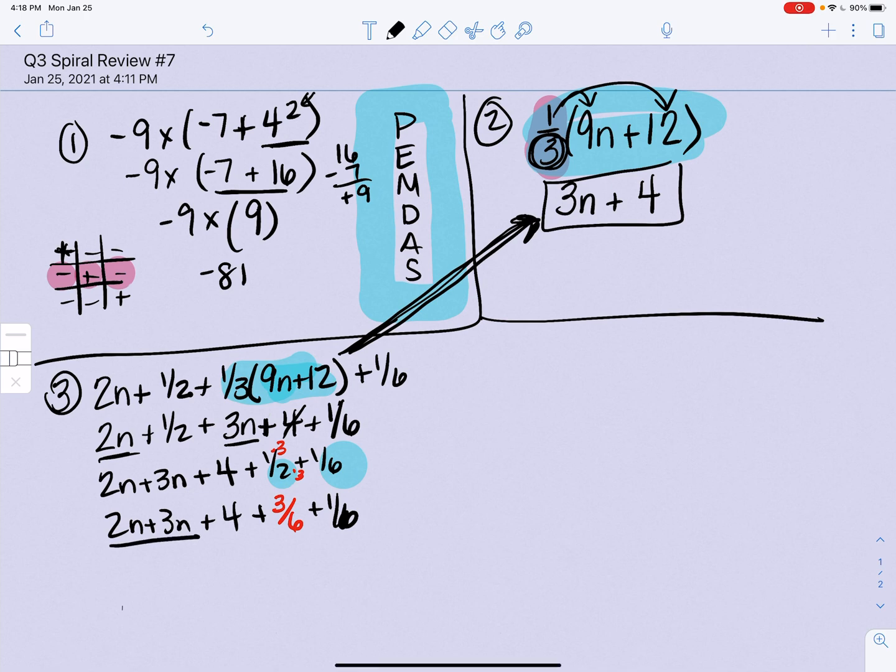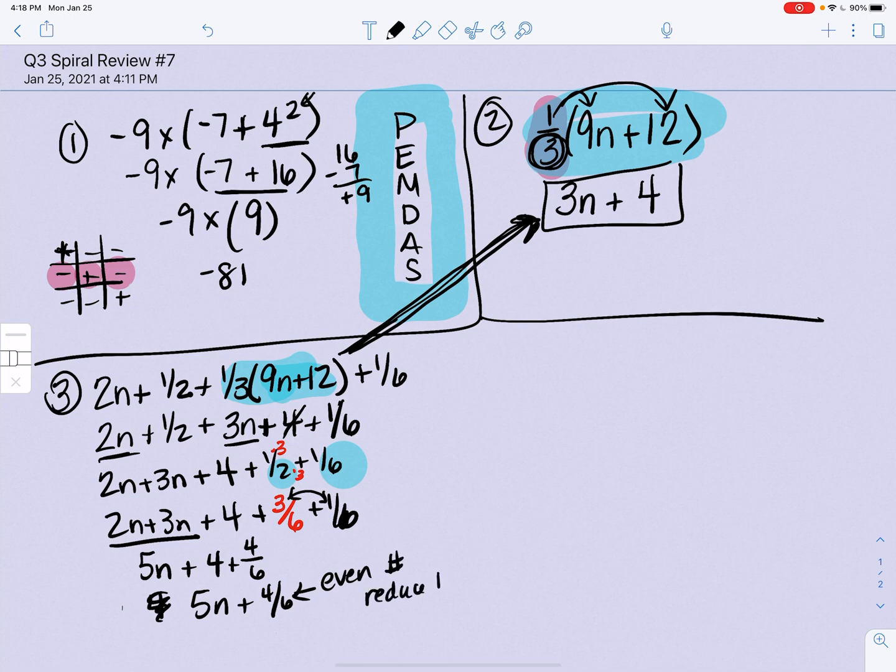Now I can combine my like terms. This is 5n plus 4. 3 plus 1 is 4/6. So my answer is 5n plus 4/6. But these are even numbers. They count by 2. So I can reduce by dividing by 2. I forgot my big 4. So, sorry, disorganization. 5n plus 4,